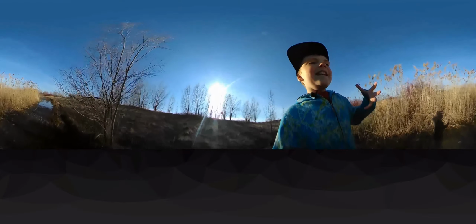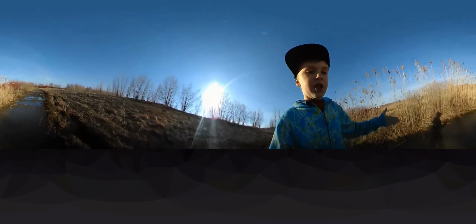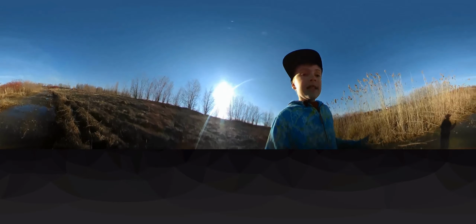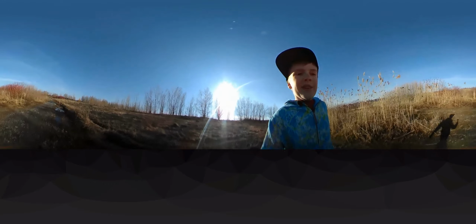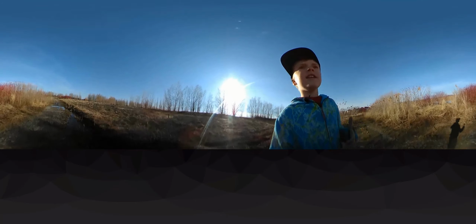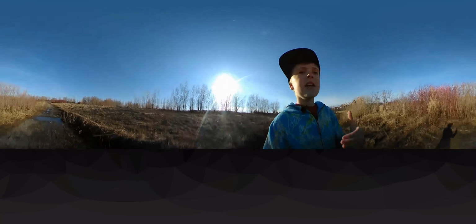But now we're sort of entering the nice part of spring, where there's actually wildlife beginning to show up, and the grass is starting to grow, and I've been seeing some pretty cool animals. Wow, this part's really flooded. But I've been seeing a lot of really cool animals nowadays, like I've seen a couple herons at my own pond,